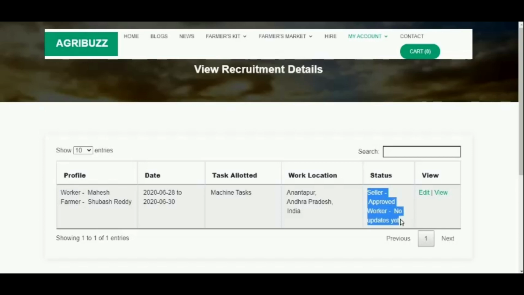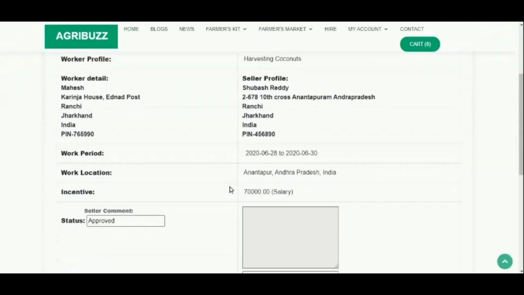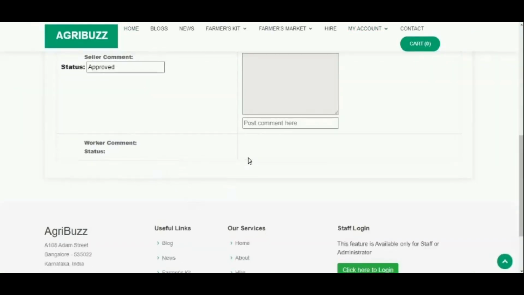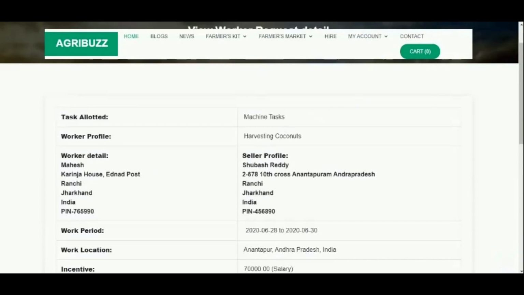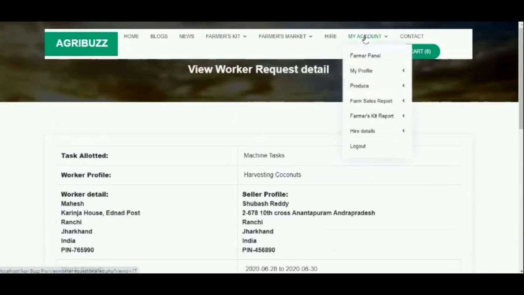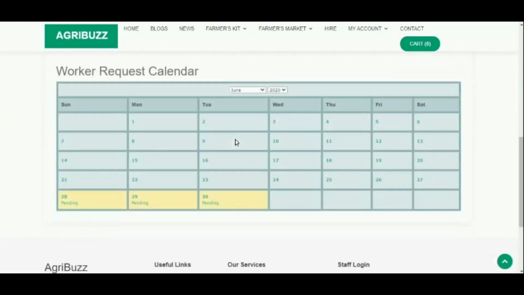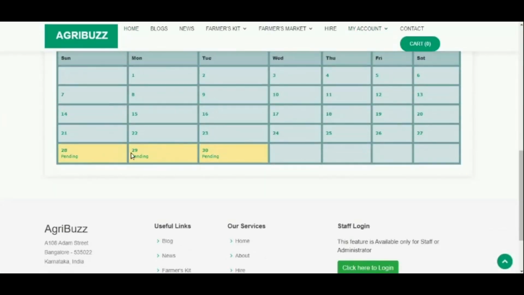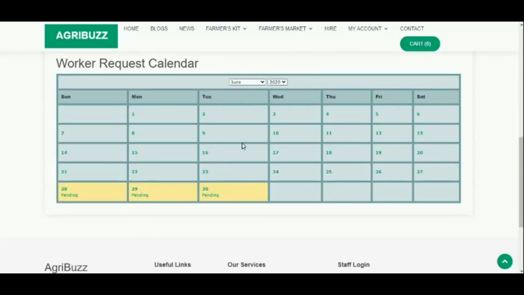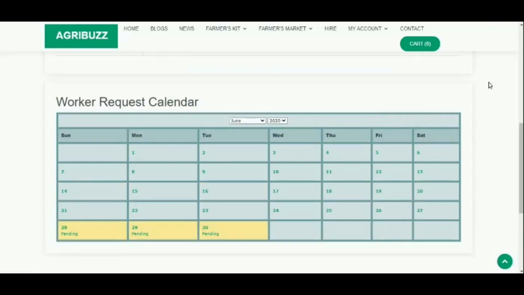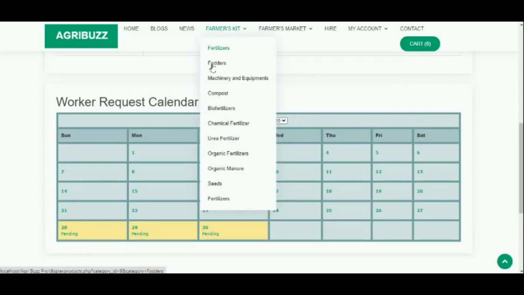Worker has not yet updated his status. Under Farmer panel, farmer can view the work calendar in which it displays on which date the farmer has fixed the work.